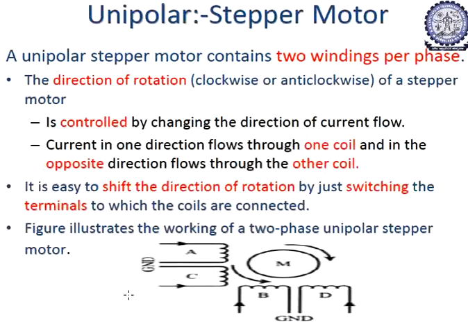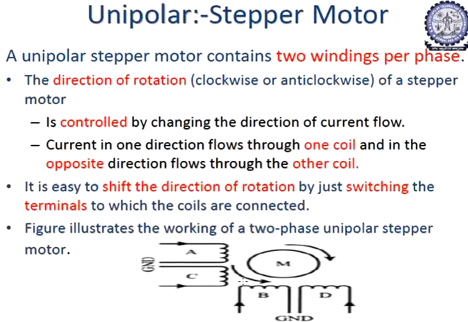Here the unipolar is working in clockwise or anti-clockwise direction. Here how the current is flowing from one phase to another phase, from one winding to another winding. This is completely one winding, this is another winding. So according to how the current is flowing, the current flows in one direction through one coil and in the opposite direction through the other coil. According to that, the stepper motor will start rotating here. Here we are calling it a stator, and rotors will be there. The circle part we are calling a stator.